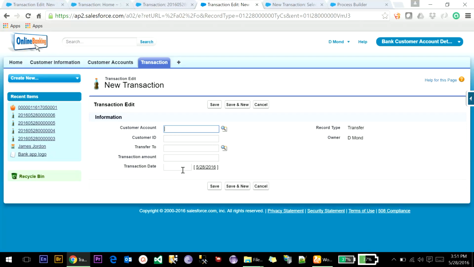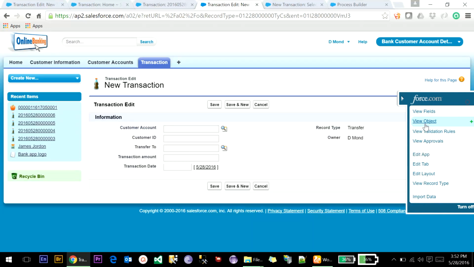Okay, based on this transaction date, the customer ID validation is still valid, and the transaction amount should be greater than 0, so it is also valid. It has been written globally, the validation rule. Now the check we have to make is that this customer account balance should be greater than the transaction amount. So we can add the validation